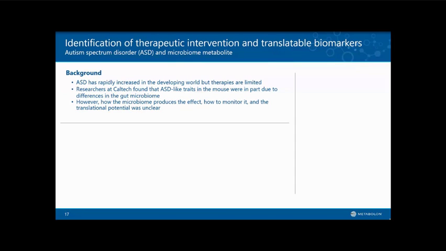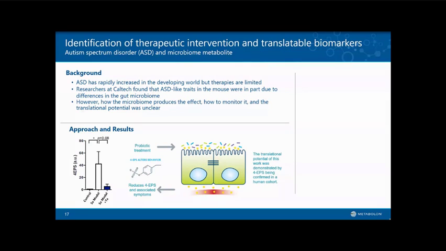So what was done is a metabolomics screen of the blood from this mouse model. And one key finding is shown here on the left in this graph. This molecule, 4-EPS, you can see in the control mice is very low. In the symptomatic model in the middle, it goes up very highly. And then in the treated symptomatic model, it goes down again. And it also tracks with this behavioral phenotype as well. So this is a pretty exciting finding. It gives a potential target to look at and also a biomarker, but of course it's in a mouse model, and that obviously could be a galaxy away from a relevant human condition.